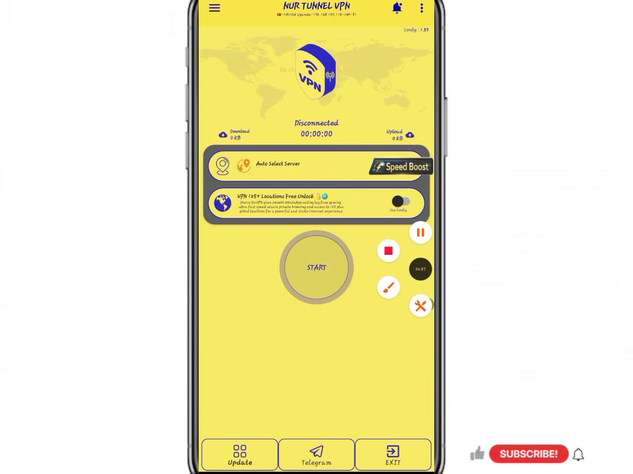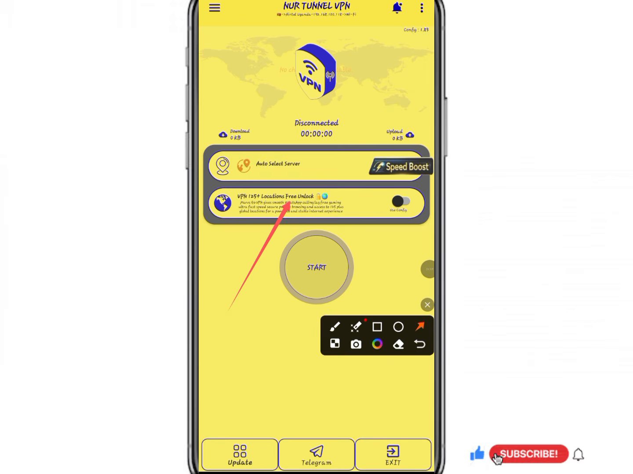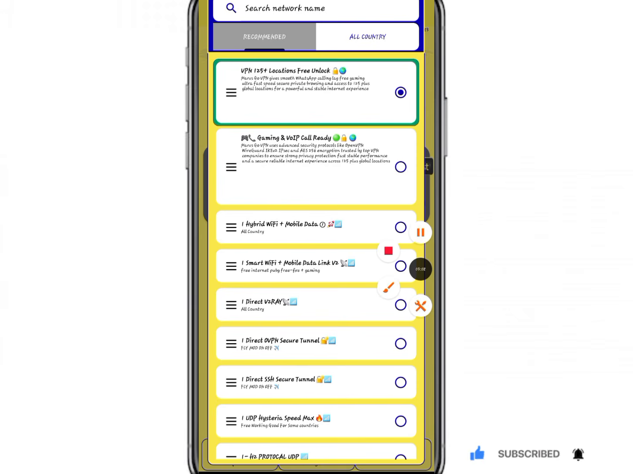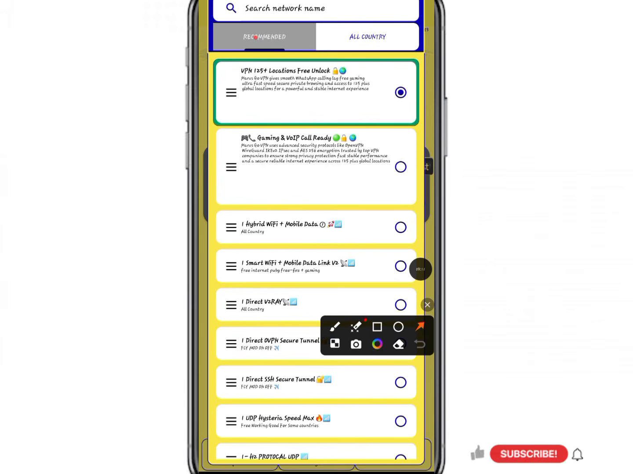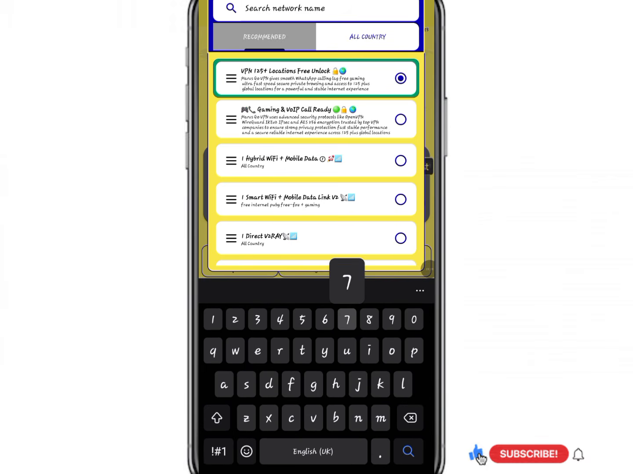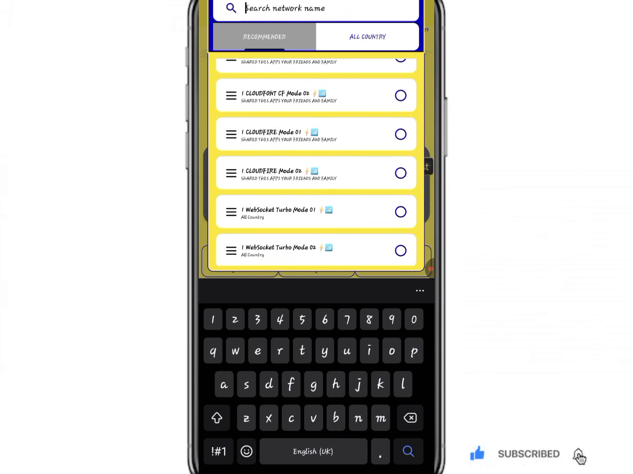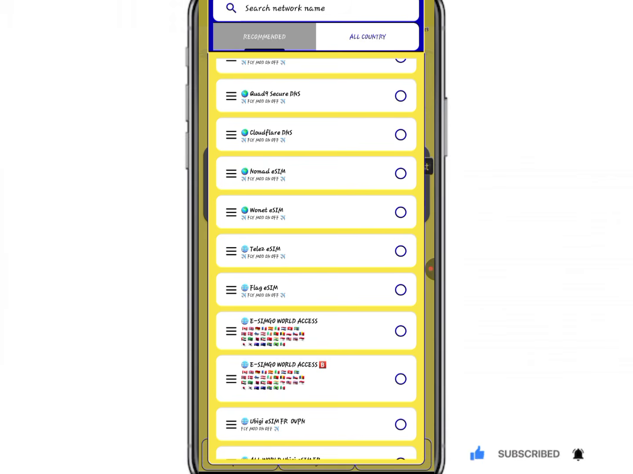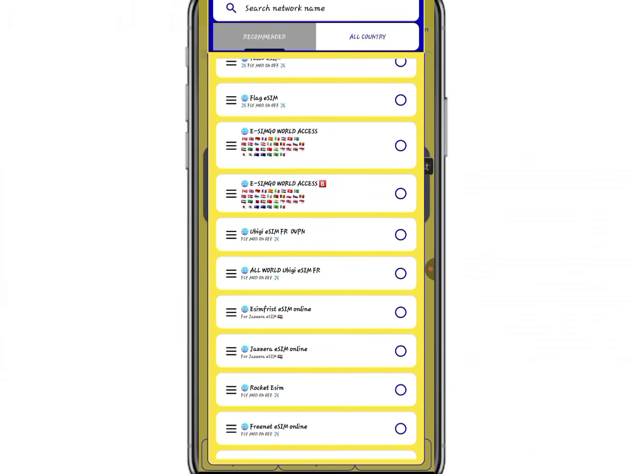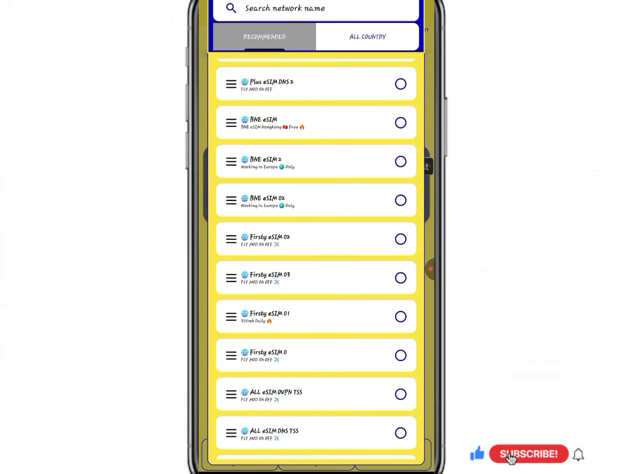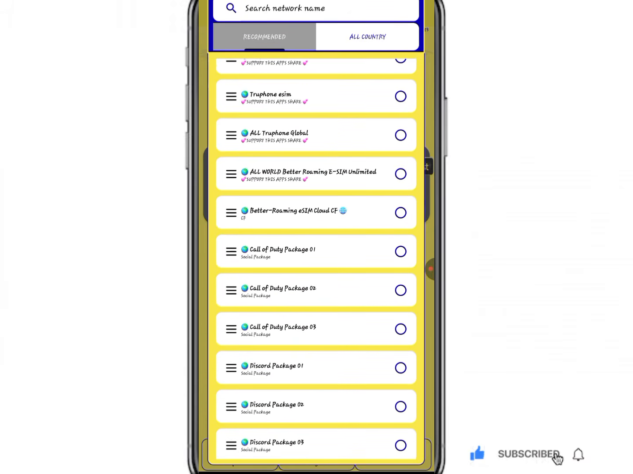Then after, you're going to come where you see that one where I'm pointing. So you're going to move from recommended to all country. But you can first peruse through what is recommended for you and then see whether it suits your need. But this is what I recommend. You're going to choose all countries,